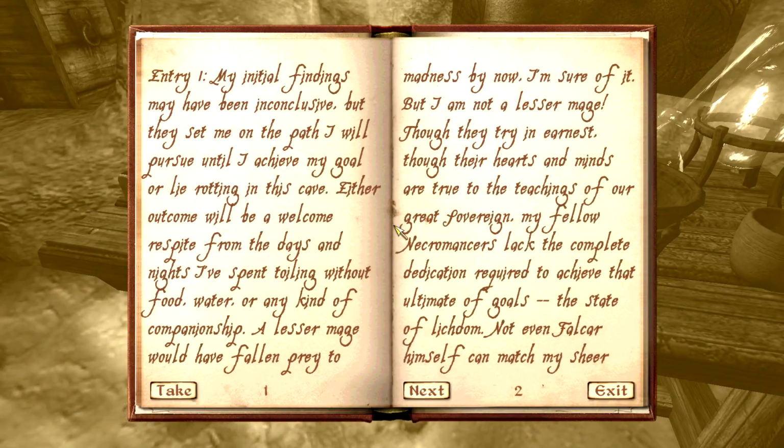The Path of Transcendence. Entry number 1. My initial findings may have been inconclusive, but they set me on the path I will pursue until I achieve my goal, or lie rotting in this cave. Either outcome will be a welcome respite from the days and nights I've spent toiling without food, water, or any kind of companionship. And a man gets lonely. A lesser mage would have fallen prey to madness by now, I'm sure of it. But I am not a lesser mage, though they try in earnest. Though in their hearts and minds are true to the teachings of our great sovereign, my fellow necromancers lack the complete dedication required to achieve that ultimate of goals, the state of lichdom. Not even Falcar himself can match my sheer